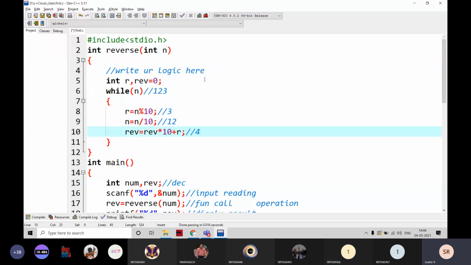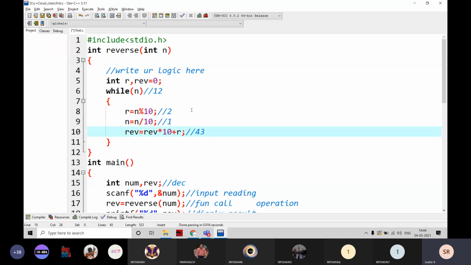Now the REV value is 4. 4 into 10 is going to be 40 plus 3, that is going to be 43. Then n is going to be 12. Then the R value becomes 2 and the n value becomes 1.